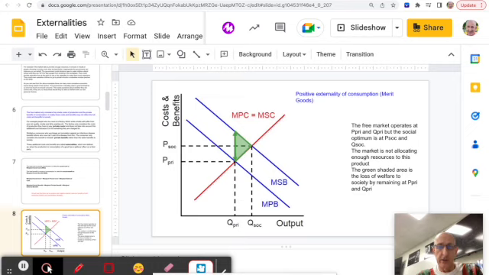Now, the way that we show this diagrammatically is there's 4 diagrams basically you need to know. One is this one, the positive externality of consumption, or merit goods. We refer to them as things like education and health. The free market would bring us to this point here. Let me just mark it with a pen as well. So this point here is our free market equilibrium point, leading to an output in the private sector, Q pri,